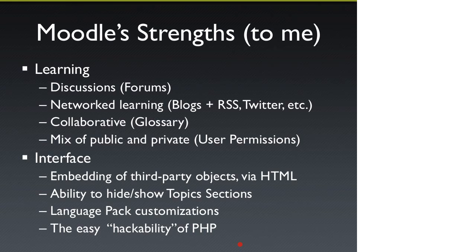On the interface side of things, we can embed third-party objects via HTML, which is really important. I'm going to show you a favorite technique of mine, hiding and showing topic sections, to change the way a Moodle front page might look and give you more control, which is critical for multi-device delivery. Language pack customizations, being able to change text strings, is important in multi-device design because usually we have smaller spaces for labels. And so being able to tweak even just labels can help make your multi-device courses more effective on a variety of devices. And lastly,